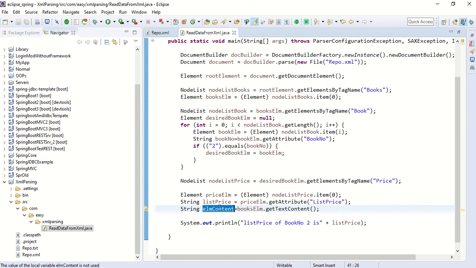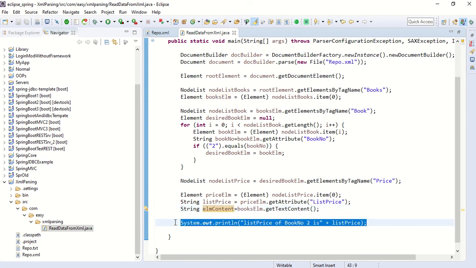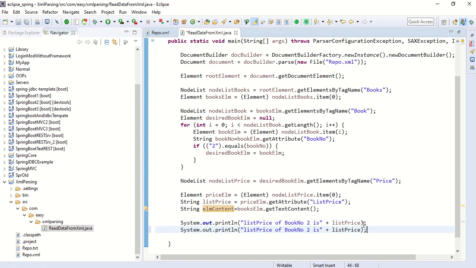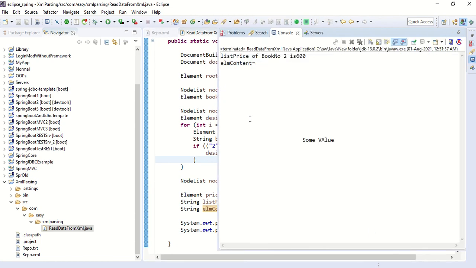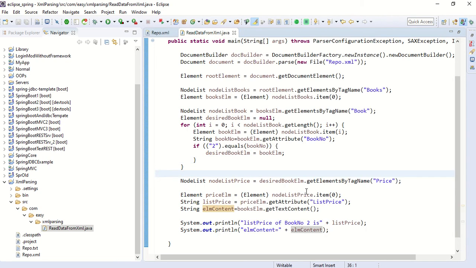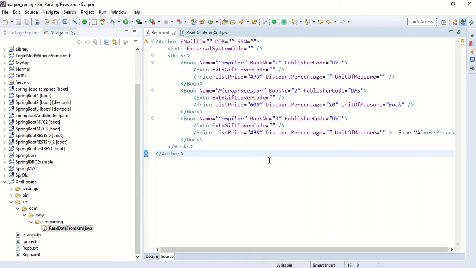Let's run it. You got the value here. My point is that using parsing you can read attribute values as well as element content.